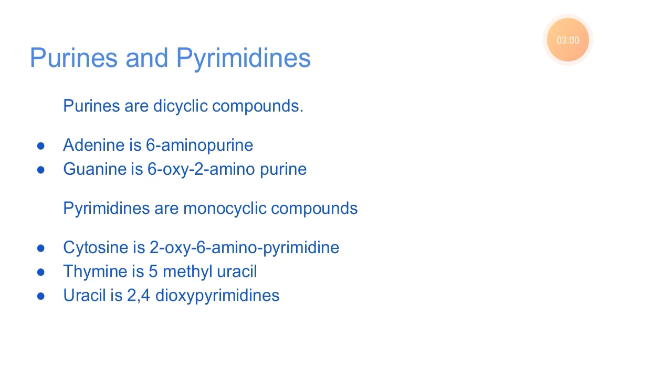To learn it or to remind yourself, you can remember it like this. Purines being a shorter name, consist of two rings, and pyrimidines being a longer name consist of a single ring. So purines are adenine and guanine, and pyrimidines are cytosine, thymine and uracil. I have mentioned the scientific names of these along with them, and the names also depend upon their structures. You can look into their structures to understand the names more clearly.